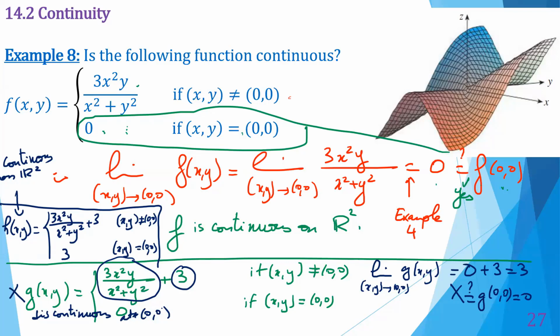Here, for this example, we cannot extend by 0. We have to extend by 3, because when (x,y) is close to (0,0), the output is close to 3, not close to 0. So it depends on what happens in the neighborhood of this point. Okay, so this is the continuity of